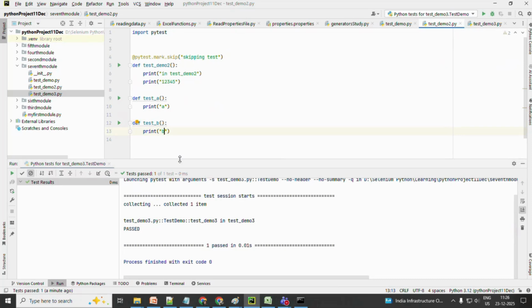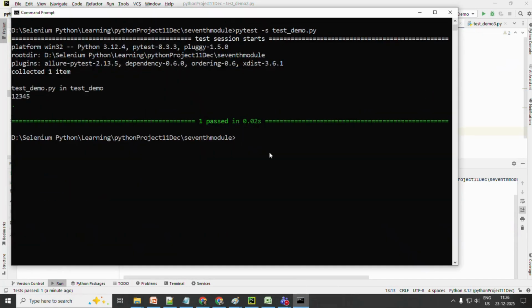Now if you want to run this, I have to do it one by one. Or what can I do? I will go to my command prompt in my seventh module. I say pytest minus s